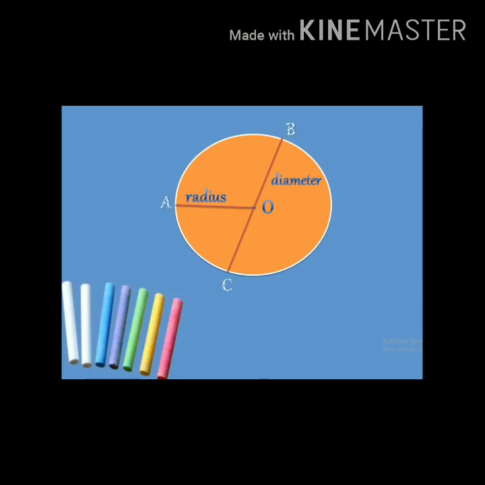Let's mark 3 points on the circle. Yes, here they are A, B and C. You can see from the figure that OA is the radius, OB and OC are also the radius, correct? Yes. It is the fixed distance from the center, OA, OB and OC. If you draw any line segment from the center to any other point on the boundary of the circle, it remains the same. So, how can we conclude? All the radii of a circle are equal.